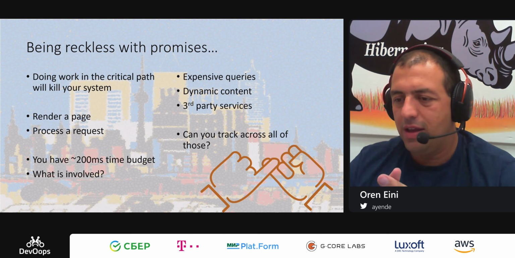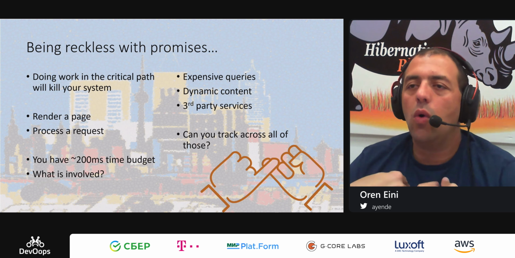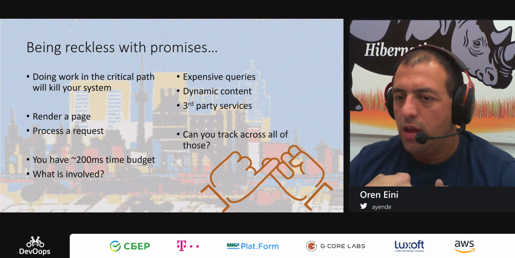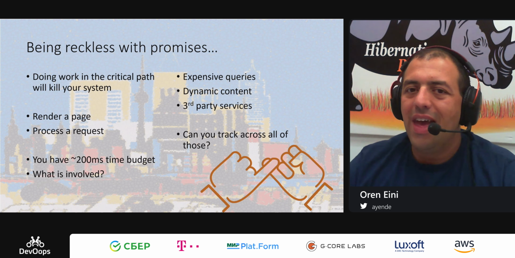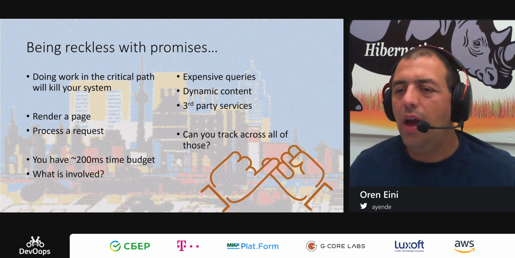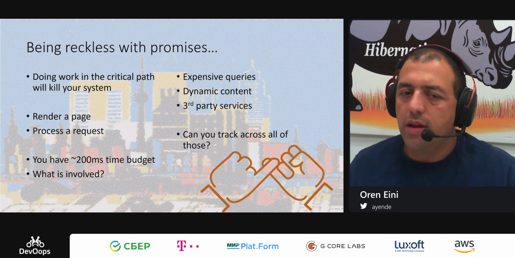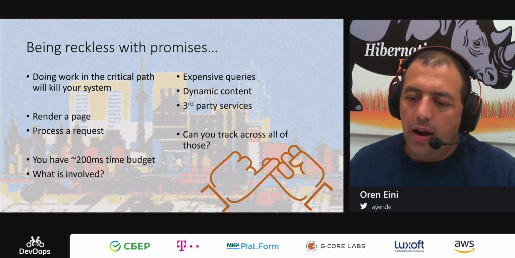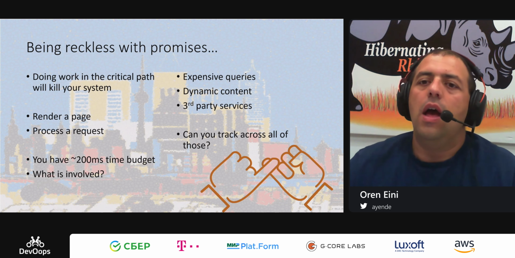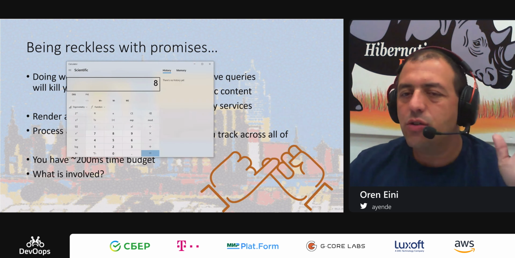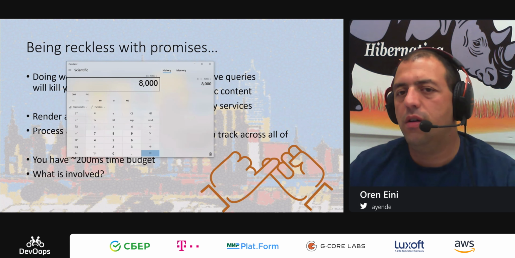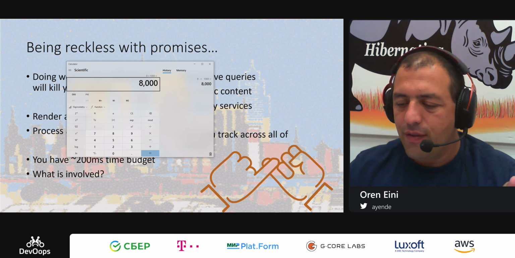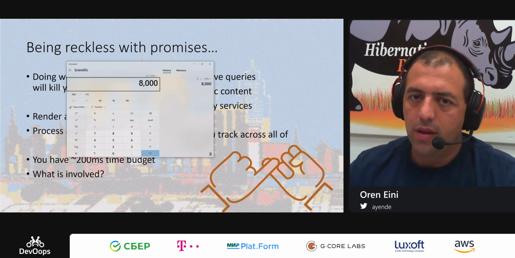The problem here is that you're doing that on your own instance as a single user. The actual time that you have is a lot less than that. Let's think about that. I have an 8-core machine, which means that every second I have 8,000 milliseconds.